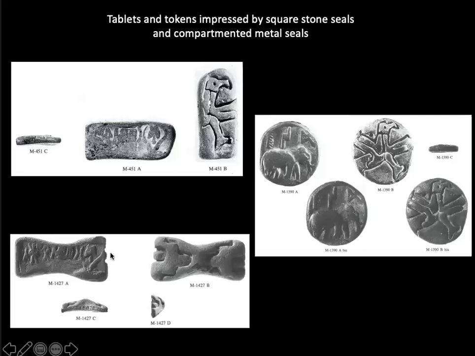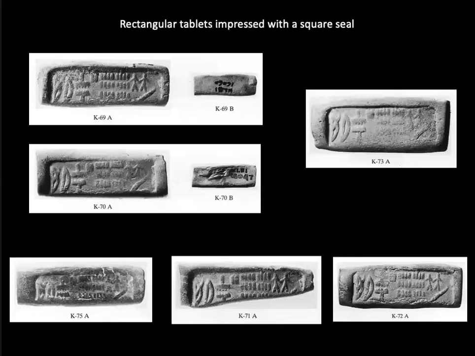What's interesting here with these is that the shape of them also doesn't mirror the shape of the seal that impressed them. And we see this also in a number of small rectangular seals that were impressed with a square stamp seal. And we have these examples from Kalibangan where we have multiples of them. So we can tell that this was an intentional thing, right? This was a bar seal that was intentionally, a small rectangular tablet that was intentionally impressed only with the top